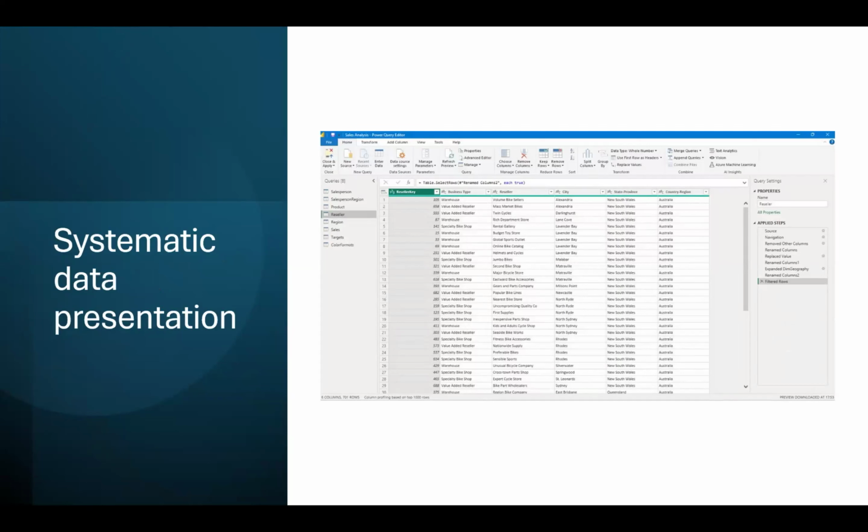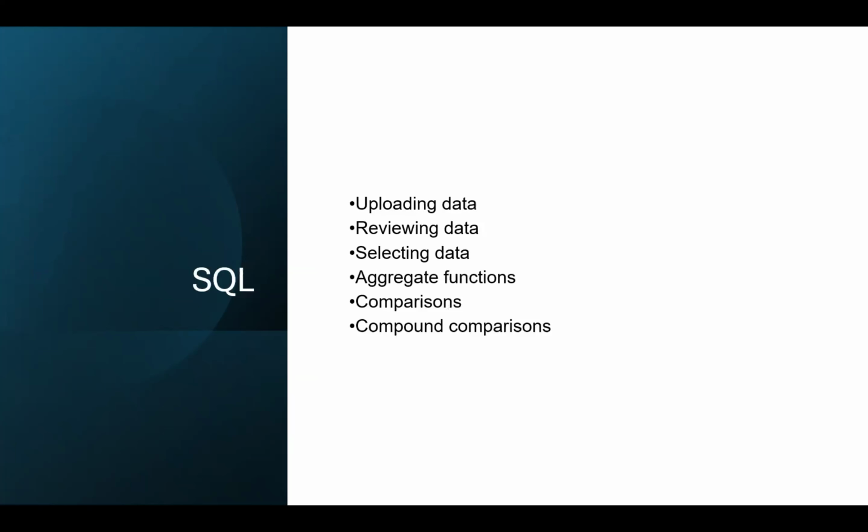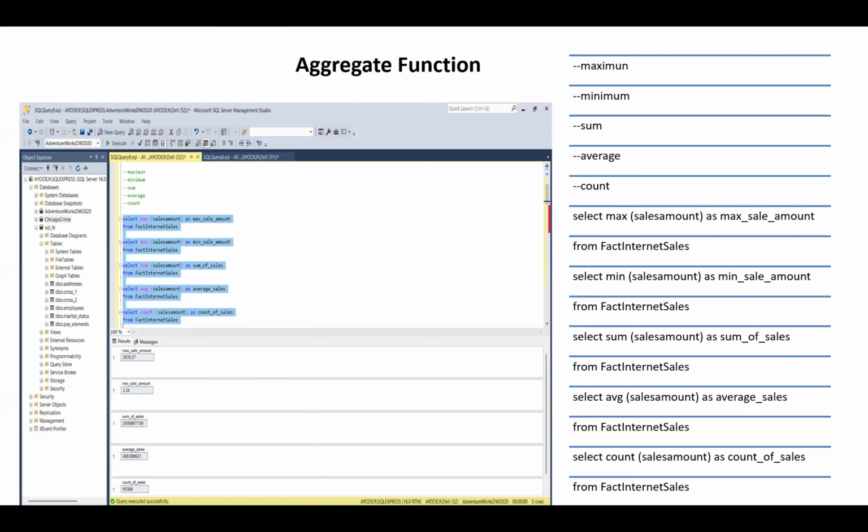And from this, we were able to rename some of the columns that we had for Sprint. So for SQL, we uploaded data, we reviewed them, then we selected some of these data. We also taught the aggregate functions and the comparisons and compound comparisons. So these are some of the